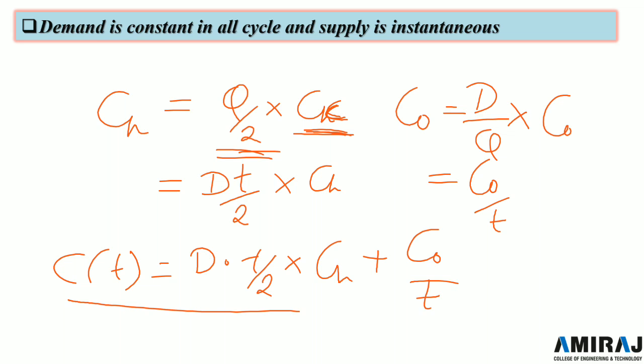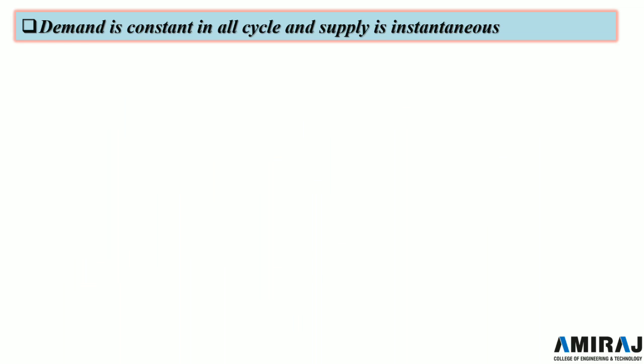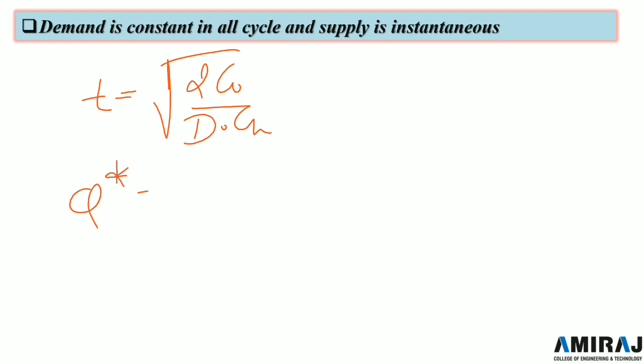So differentiating the above equation, we will get T is equal to the square root of 2 CO by D into CH. So this is the optimum time interval. So the optimum order quantity in units is Q star. The optimum order quantity is given by demand into time, that is, the square root of 2 CO into capital D